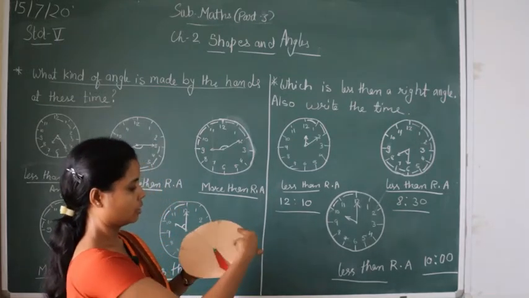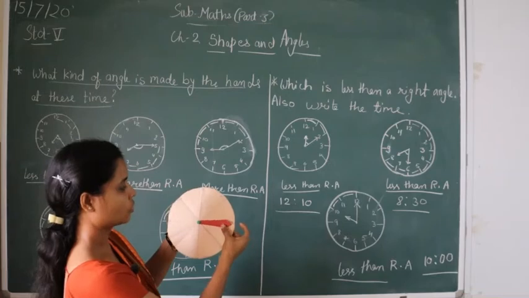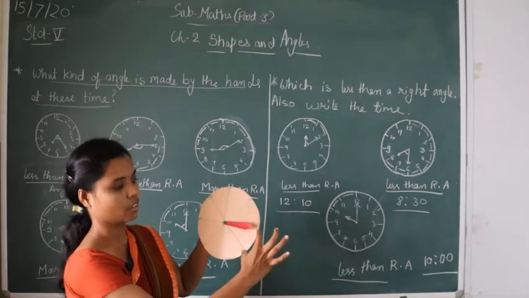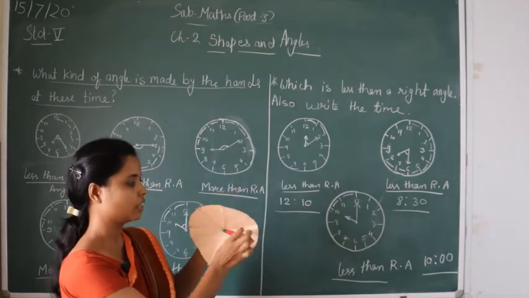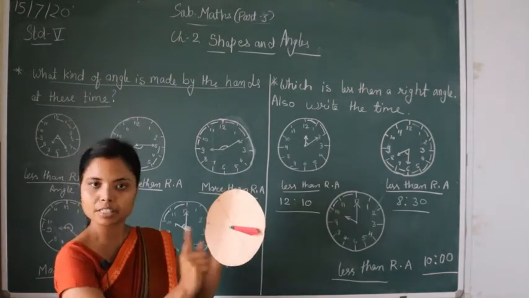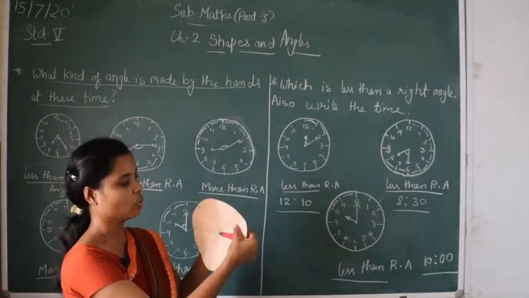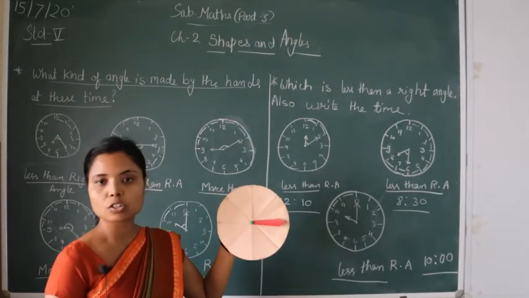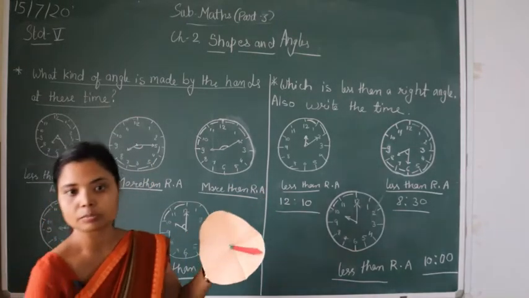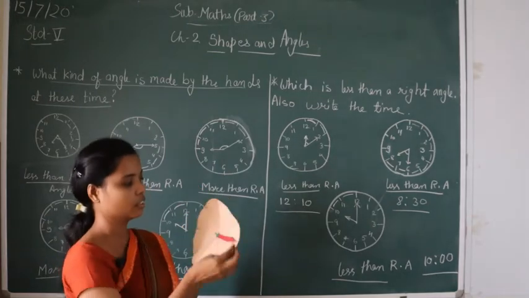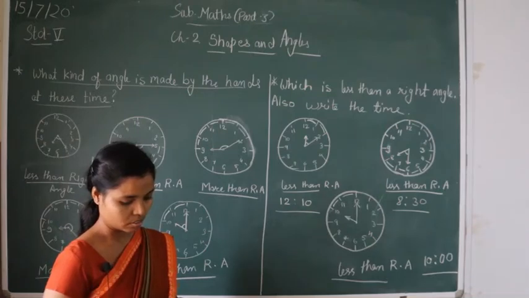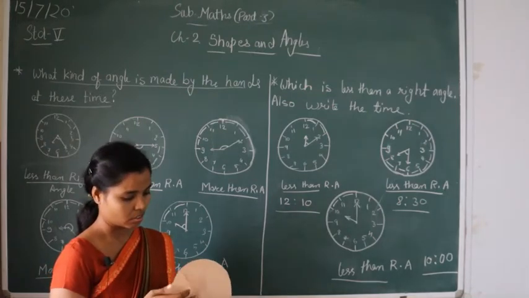Then this one hand of the clock, when I set it in any one of the sectors, half of the quarter or the sector, shows the 0 angle. Only one hand is there, so we can say that this is 0 angle. Then take another hand of the clock and fix it here. I have fixed this.